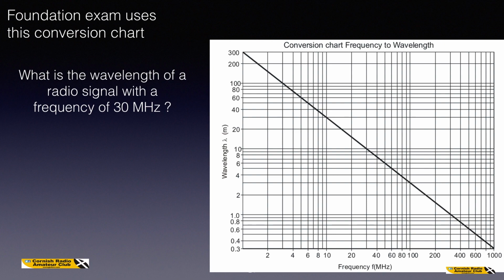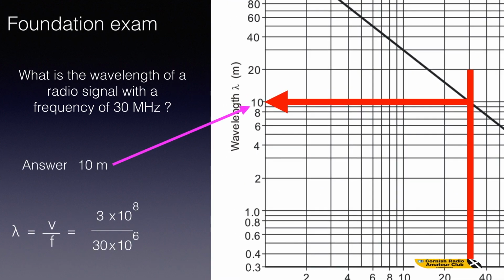So we draw up a line from 30 megahertz on the bottom axis, where it says frequency megahertz, until it intersects with the graph. Then we draw a line horizontally, and we get the answer 10 meters. Now, if you're feeling intrepid and want to go on beyond Foundation, you might wish to use the mathematical way